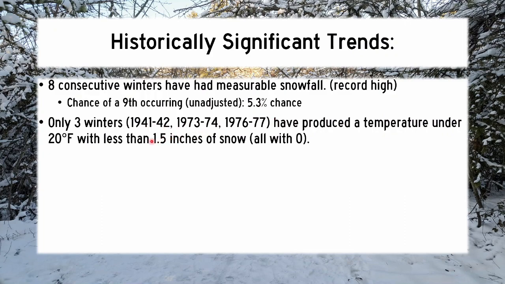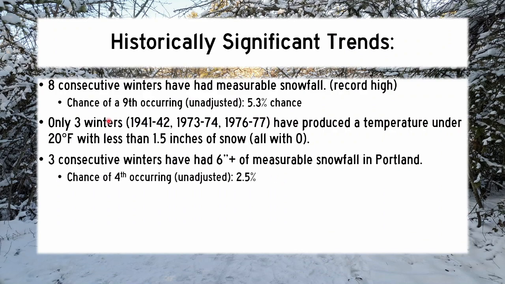Only 3 winters have produced a temperature under 20 degrees with less than 1.5 inches of snow. All 3 of these had 0 inches. 2 of these were El Nino winters, with 1941 to 42 being a moderate and 1976 to 77 being a weak El Nino. 3 consecutive winters have also had 6 inches or more measurable snowfall in Portland, and the chance of a 4th occurring is